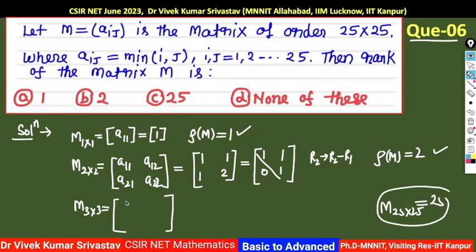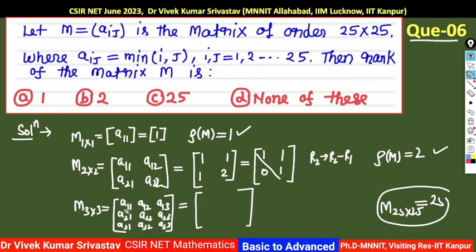But for the sake of formality, we can also do the third matrix, that is A 3 cross 3. This is A11, A12, A13, and the second row is A21, A22, A23. This is A31, A32, and A33, right? Now see what the elements are. This is basically nothing but a 3 cross 3 matrix.